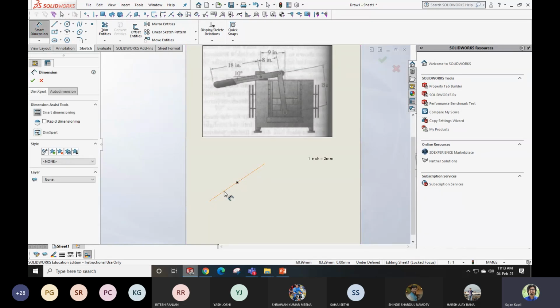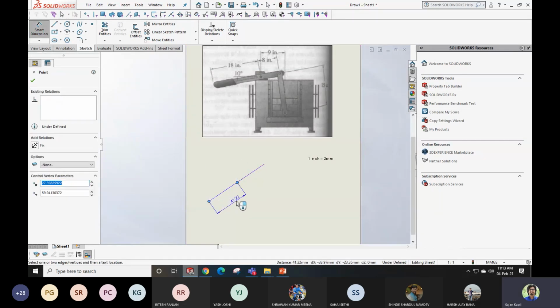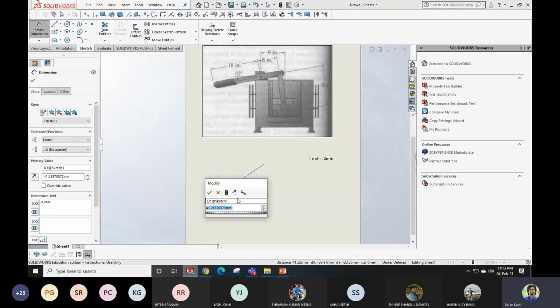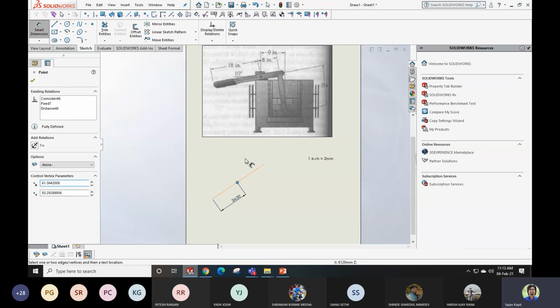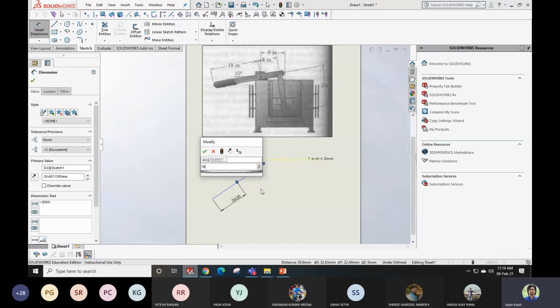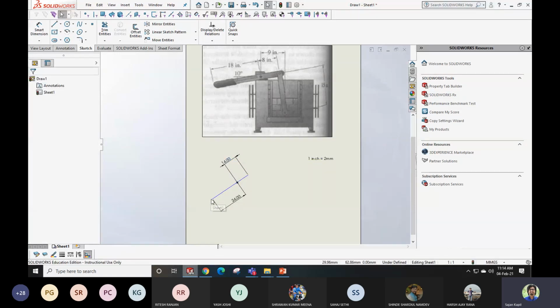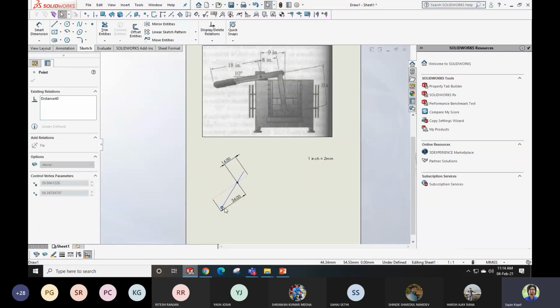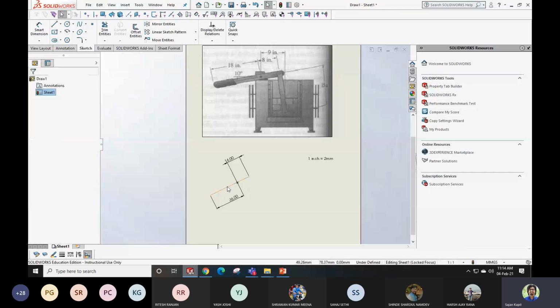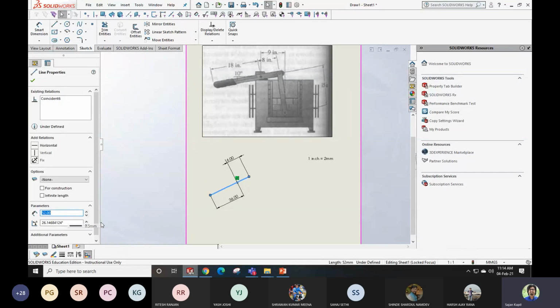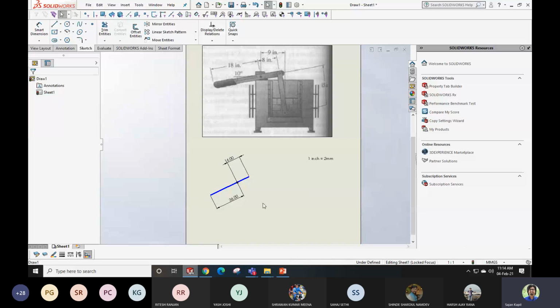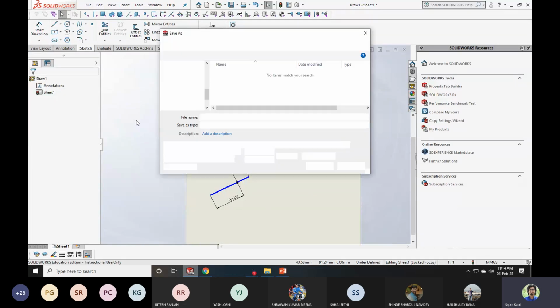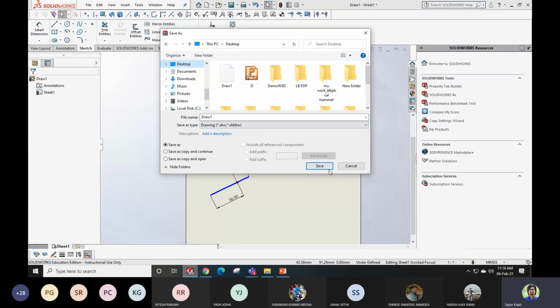This is 18 inch. 18 inch means how much will it be? 18 into 2. All the time we need to multiply by 2 because our scale is a little bit larger in our case. So 8 into 2 means 16. Now you can see this can be done like this, right? This is your handle. Handle is ready. Make it a little bit thicker so it looks nice. Done. Okay, now let me save it, otherwise it may hang also.